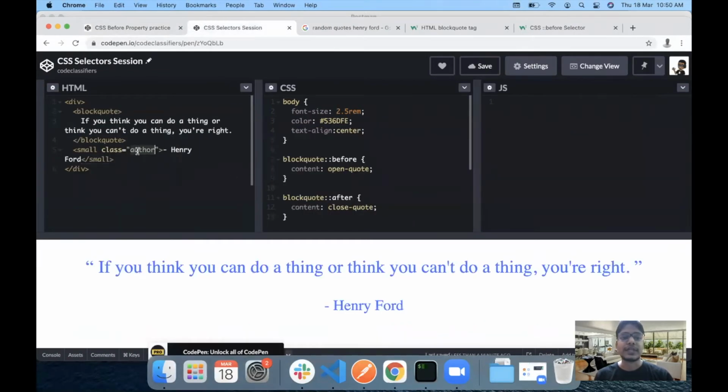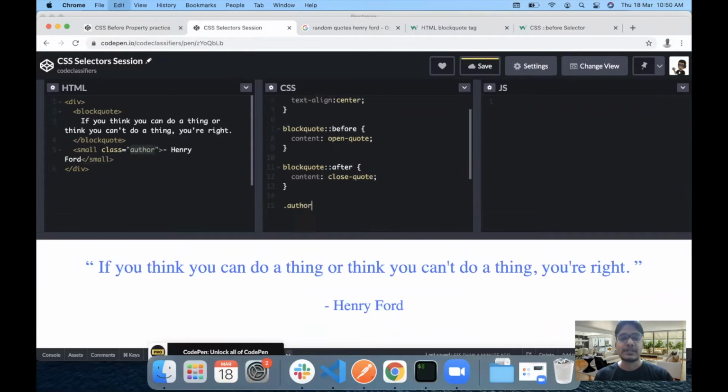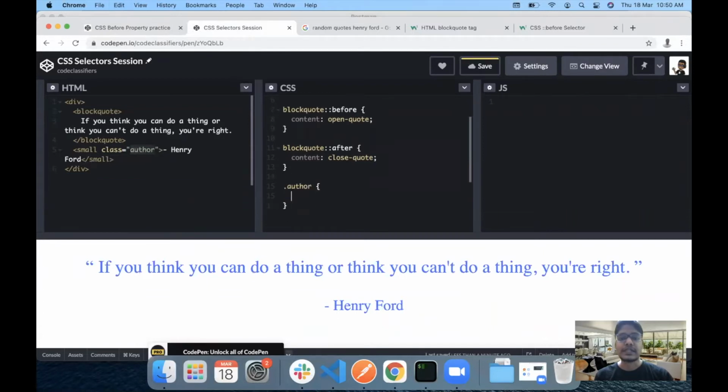For that, we can pick up this author class and add text align right. Okay, this did not work. So next thing we can do is float right. Let's just try if this works. Okay, even that did not work.